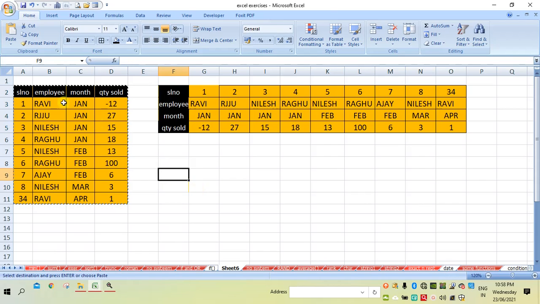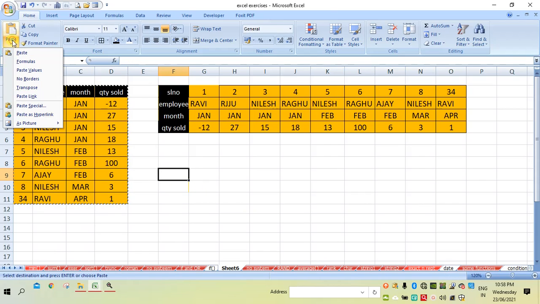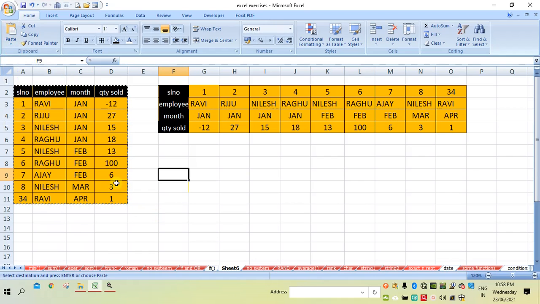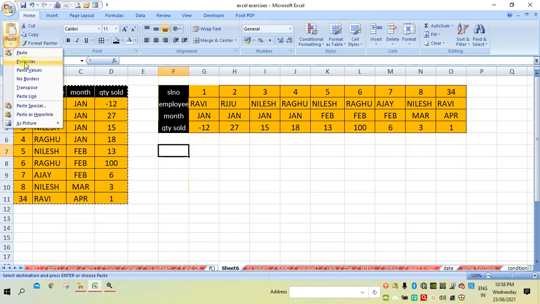Next option is no border. Let us see how to use it. First you have to select the table. The table is already selected. Take the cursor where you want to paste. I want to paste here. Then go here and simply select no border.